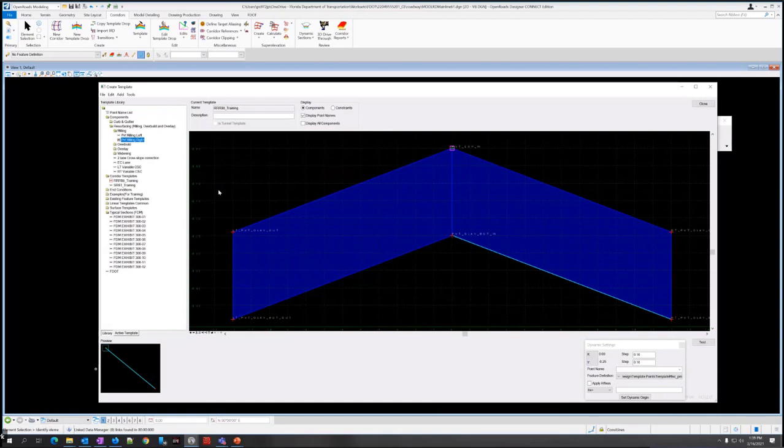Let it turn white again there. And do the same thing for the left side. Drag this here from the preview, snap it to that white point. And now we also want the pavement overbuild.